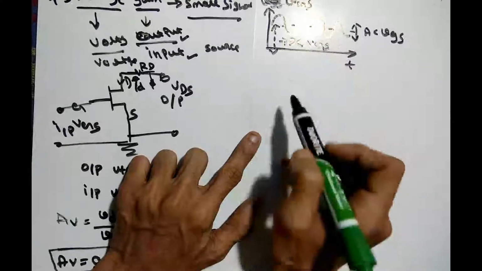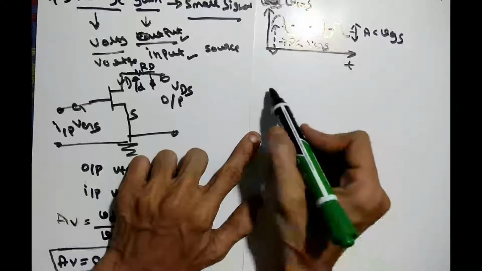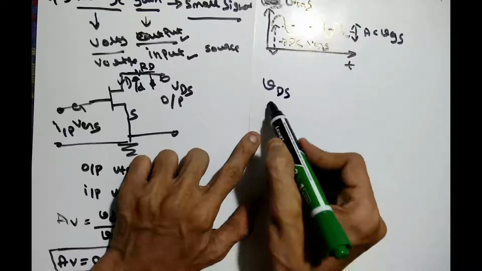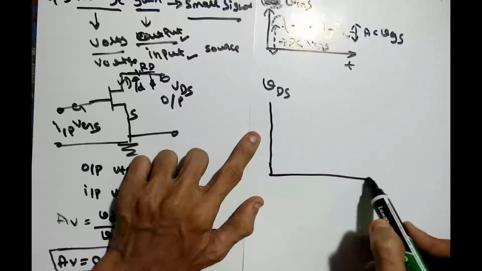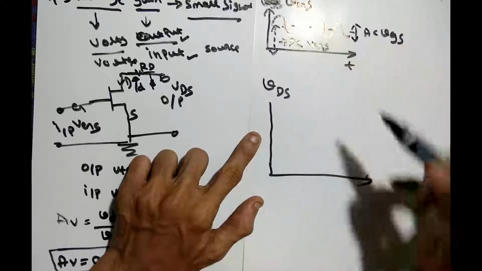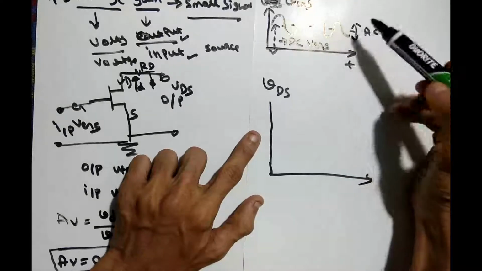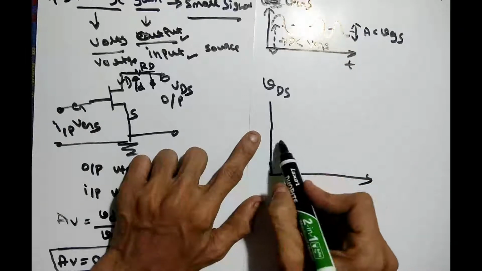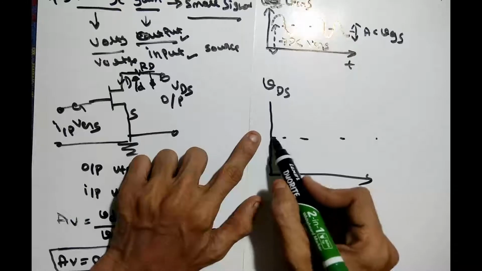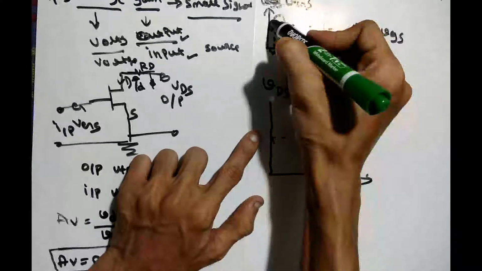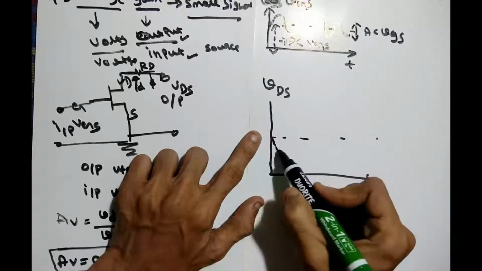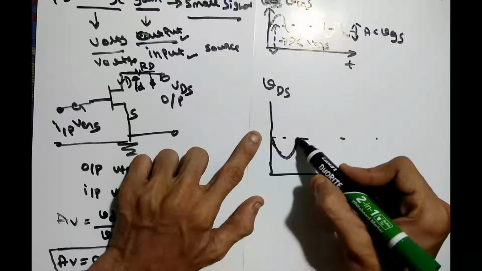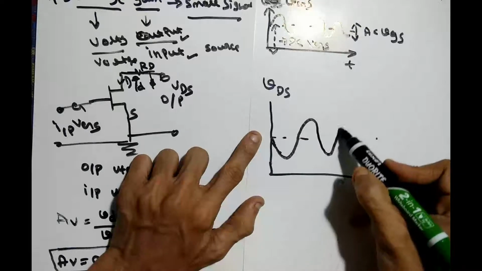Now the same thing you can represent in the output also. So output can be written as small v and capital DS. This is nothing but the total signal. But this signal is greater than the input, because we are doing amplification. Amplification means output is more than input. So we usually get this signal larger, and usually it is inverted. So if it is positive here, here you have to take negative and make it larger, like an amplifier. It is something like that, and the frequency remains the same.